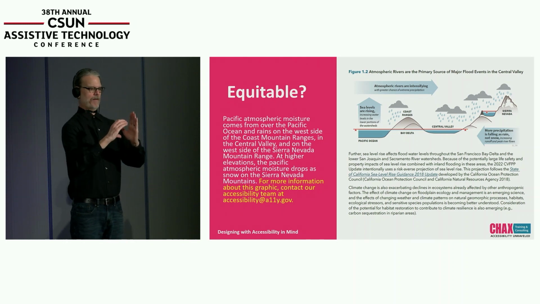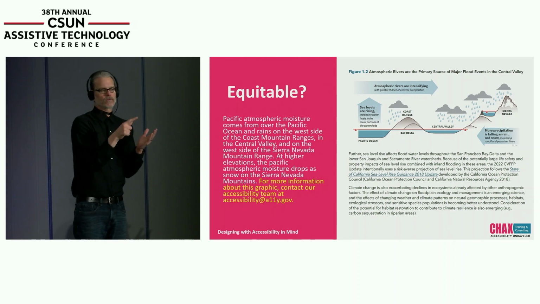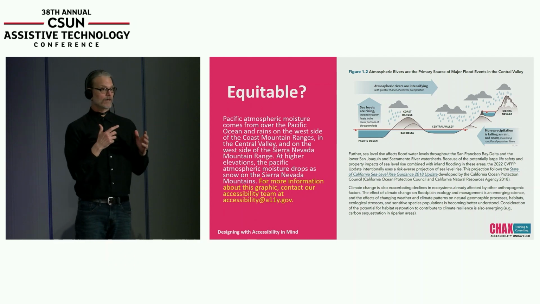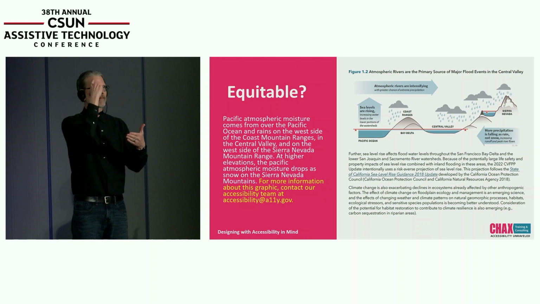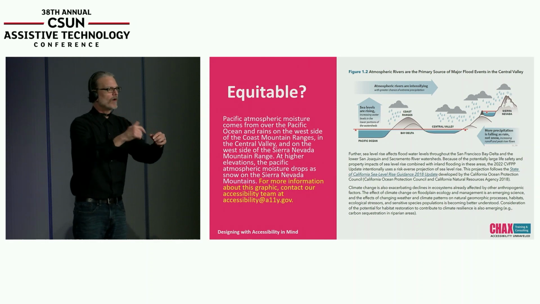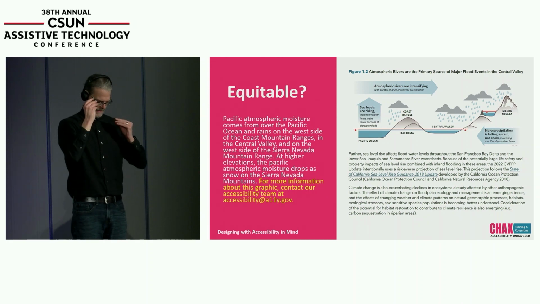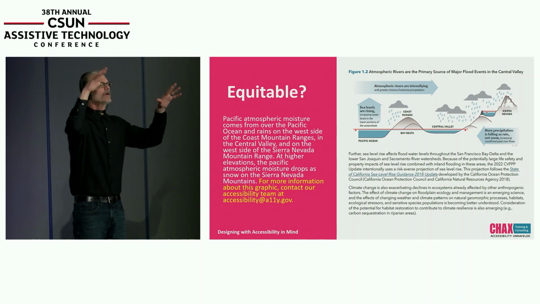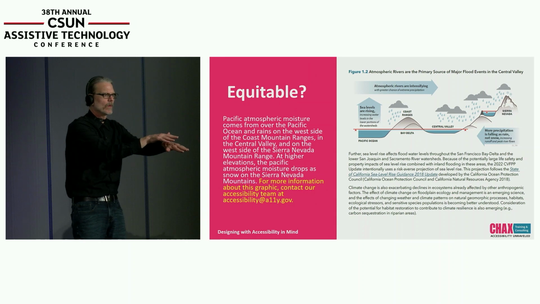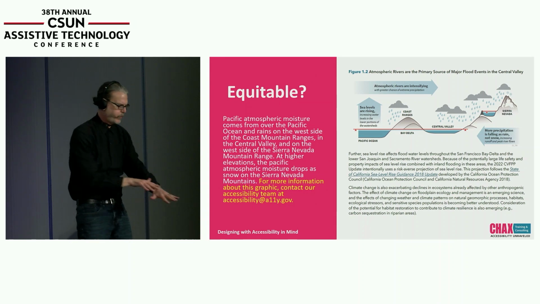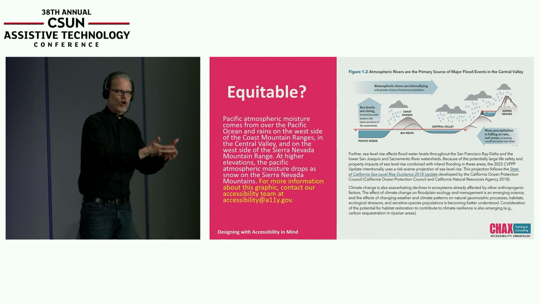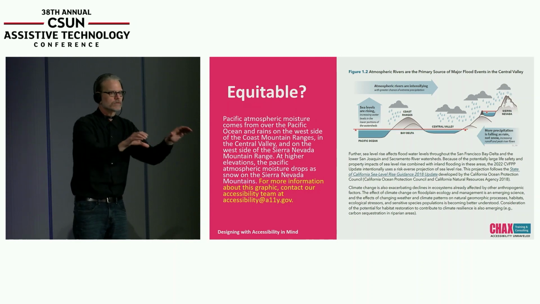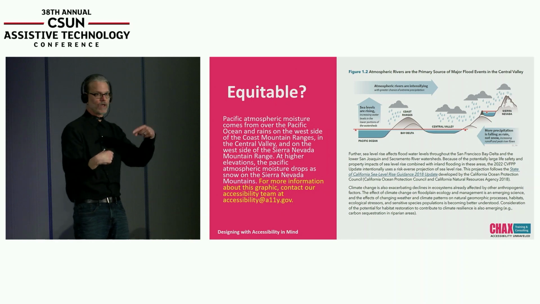Now, many of us get documents that are already designed and we really don't have the opportunity, but if I'm designing with accessibility in mind, I'm thinking about these things in the beginning. How am I going to explain all of the elements going on in the atmospheric rivers that are the primary source of major flood events in Central California? There are lots of different data points in here. There are actions going on. There are these blue arrows that are showing a story.